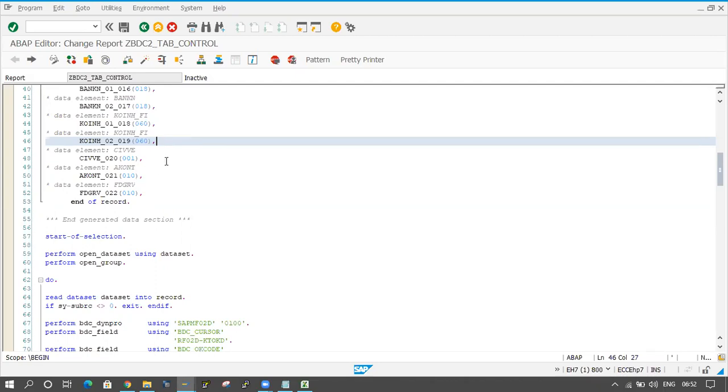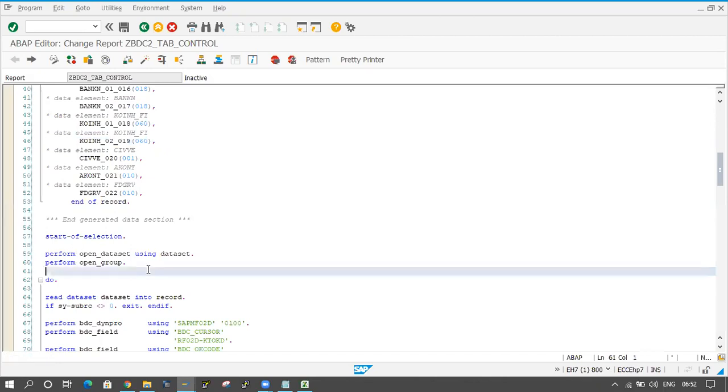We have to take the data from the application server. At that time, some big concept is there: open dataset, close dataset like that. Some syntaxes are there. By using those syntaxes, we can pick the data from the application server. I will show you that after two or three days.